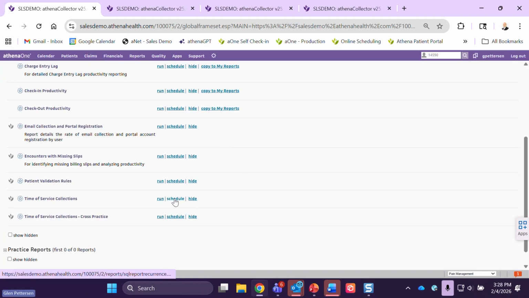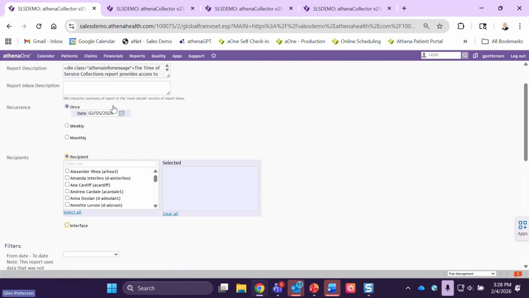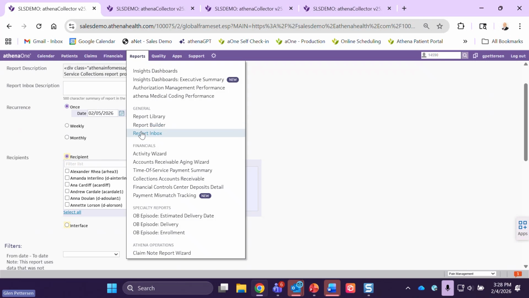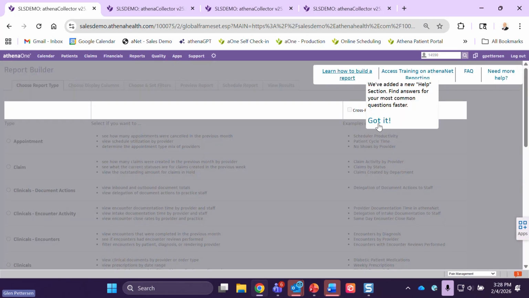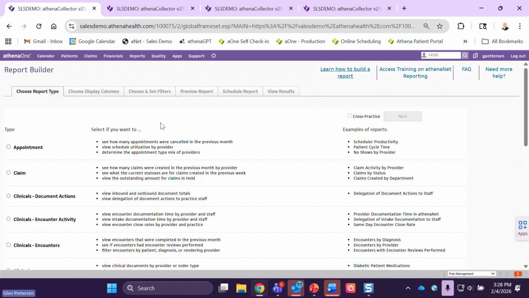You can run reports in Athena, but you can also schedule them to be run on any daily, weekly, or monthly cadence. You can also share those with different recipients in your organization. Then Athena will generate those reports on that requested cadence and drop them into your report inbox. Like much was mentioned earlier in the discussion was the report builder. You do not have to be an HTML coder or a Crystal Report writer to write reports in athenaOne. You just select the type, the display columns, set the filters, preview and schedule the reports,